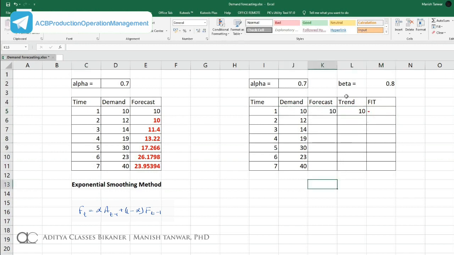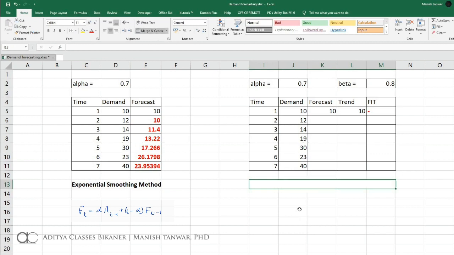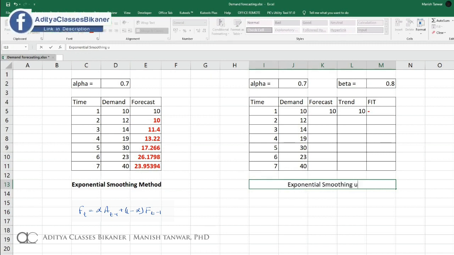So this is all that will be given in the question when you are trying to solve it using exponential smoothing including trends.